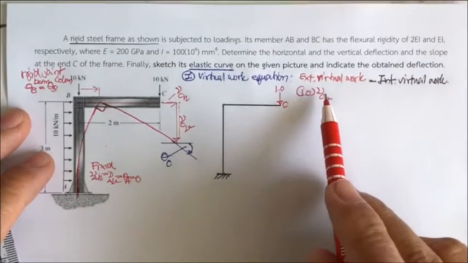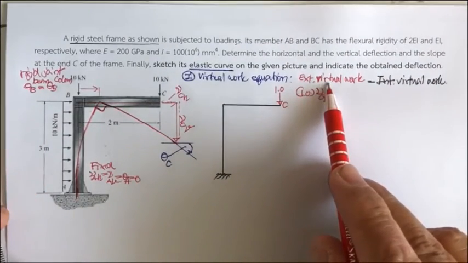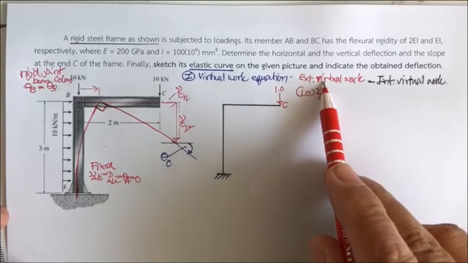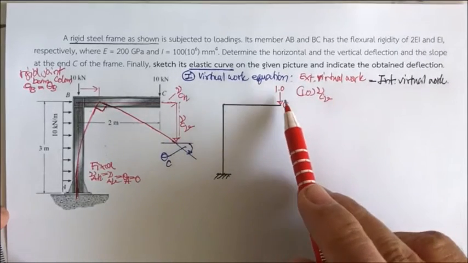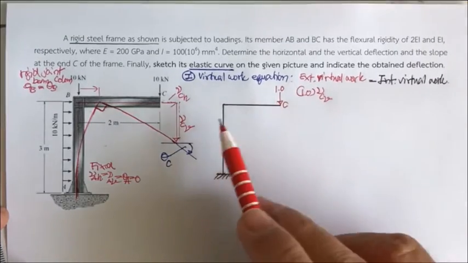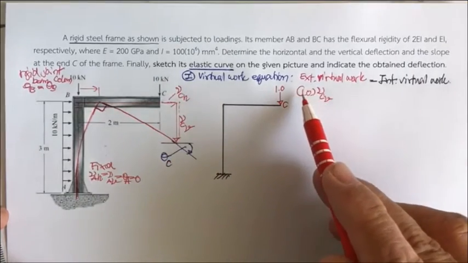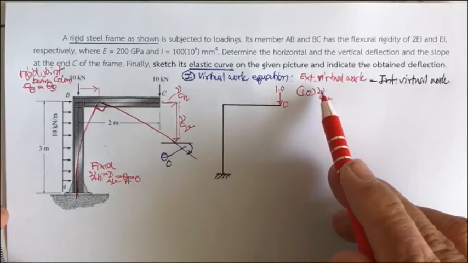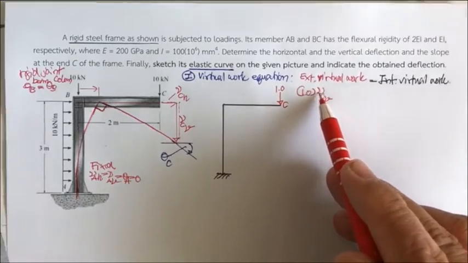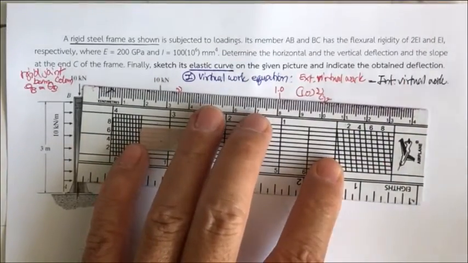Assumed force, real deformation: the external virtual work is external because it is an external force, and this is also an external deformation. Force times displacement is work, and then it's going to equal